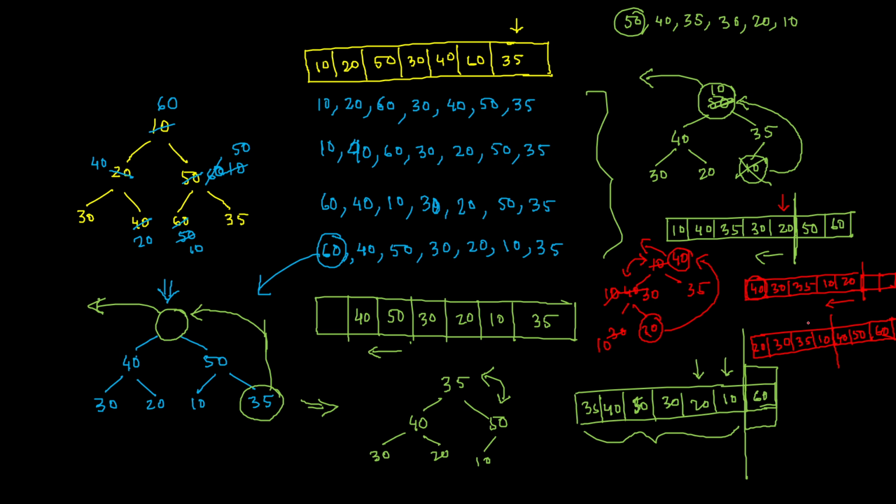So that means the new situation of the tree will become something like 20 on this side, then to the left of 20 is 30, the right of 20 is 35, then left of 30 is basically 10, right? So this is the tree that is left unsorted and it is not even a max heap. So we have to create it. We have to heapify it; we have to create the max heap with respect to the heapify process.